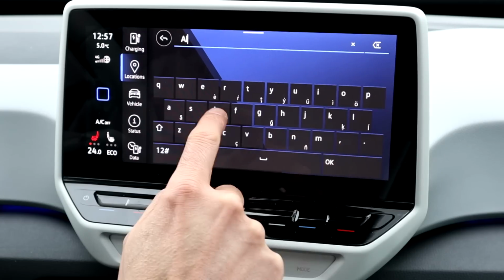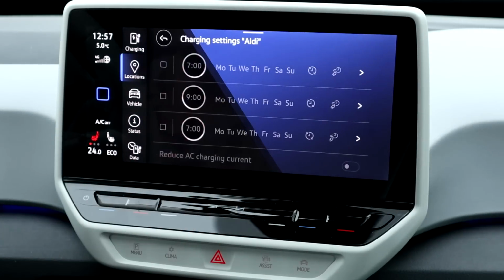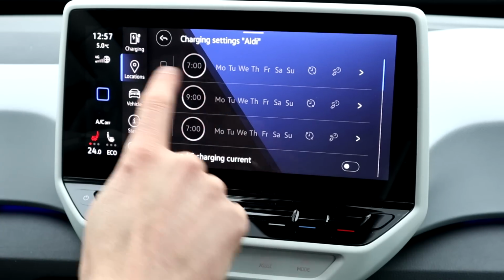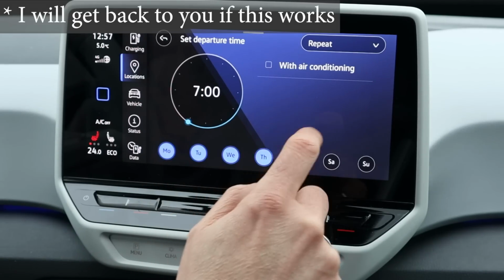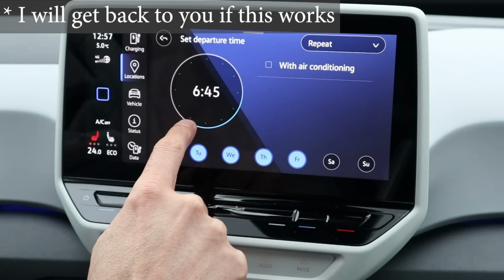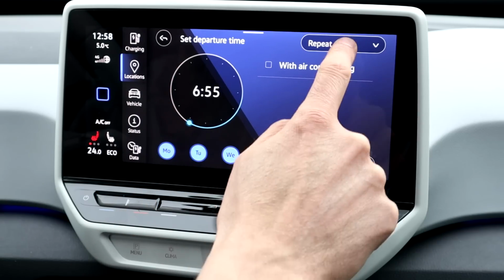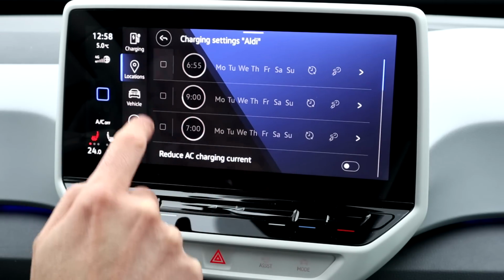I call it, because I'm at Aldi, charging for free. Cheapskate here. And then you can go in, set the time when it should charge. We have, how many timers? 3 timers. Go in and you can say that it's with air conditioning and what time you want a departure, what days, and if it's on repeat or only one. And then you can turn it on